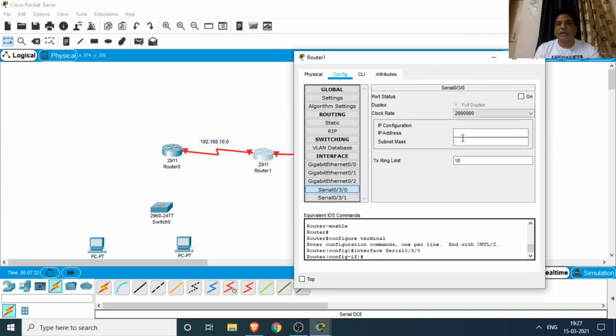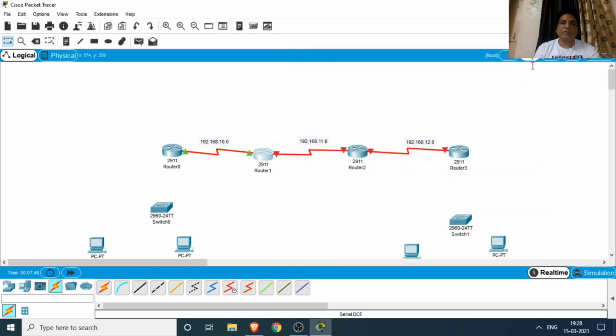Again we assign the IP address 192.168.10.2, then the class C subnet mask, and then activate the port. So we activate the ports between router 0 and router 1.